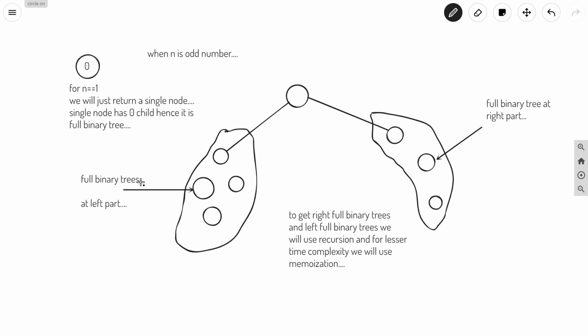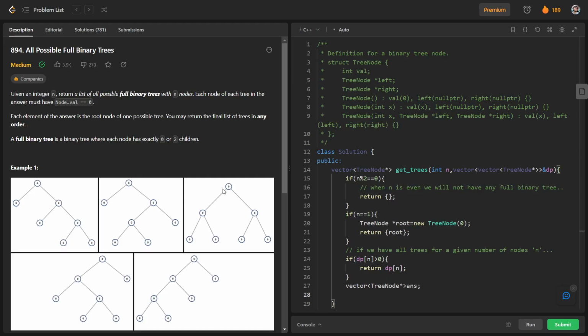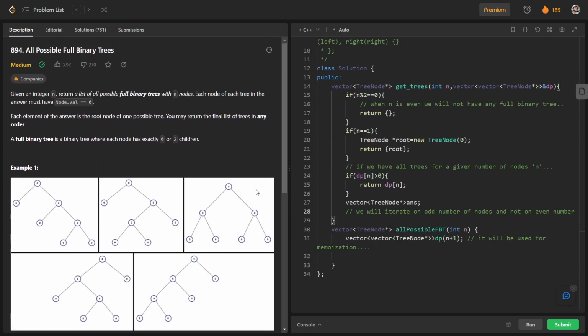We will not iterate on even numbers of nodes. So basically, we will iterate on odd numbers of nodes and not on even numbers of nodes.